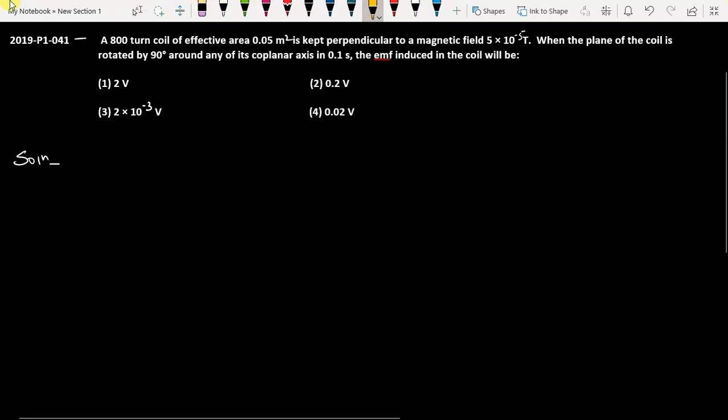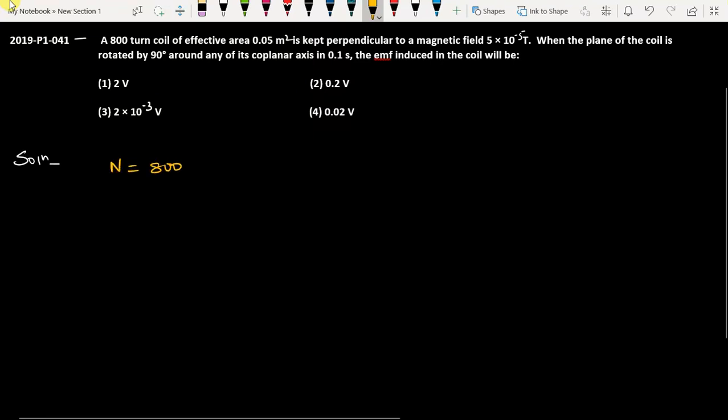This question is from NEET 2019 paper code P1 question number 41. The question is: an 800 turns coil of effective area 0.05 meter square is kept perpendicular to a magnetic field of 5 cross 10 to the power minus 5 Tesla, right? So in the first part of the problem, the information that is given to us is number of turns is